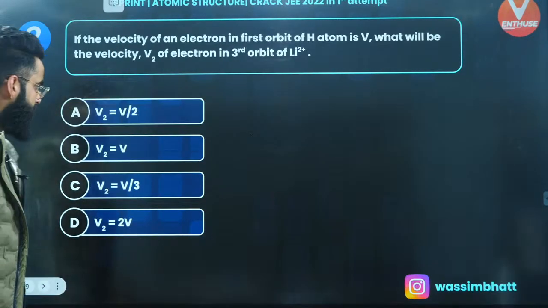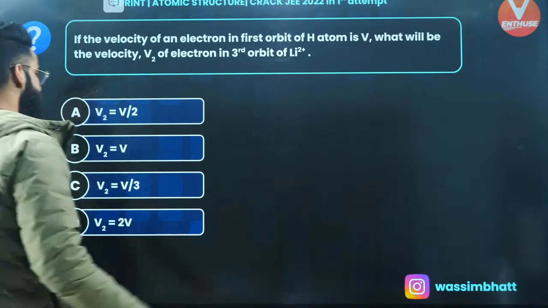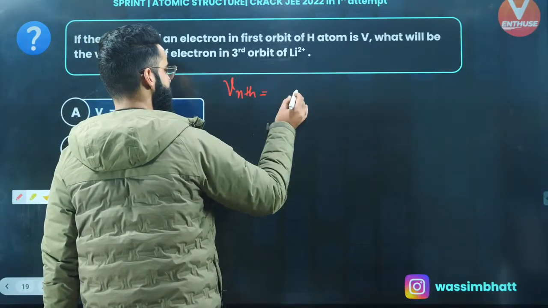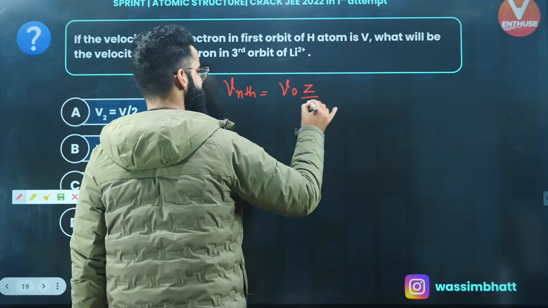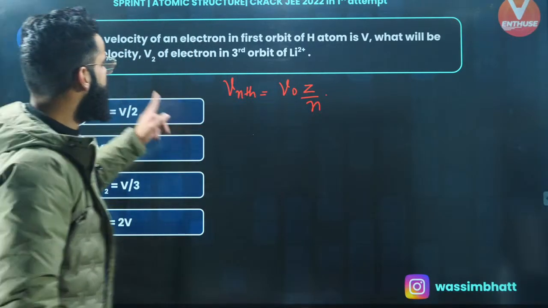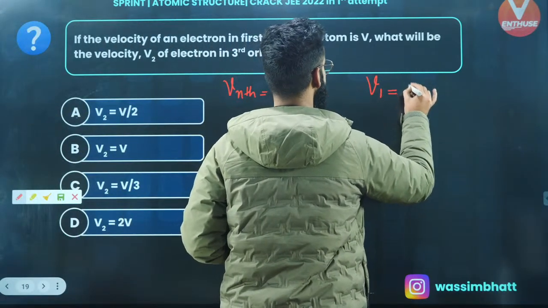Moving on to one more particular question. Look at this. Again, a simple one, based on the velocity. Velocity of the electron is given by the formula: velocity of the electron in the nth orbit is equal to V0 multiplied by Z upon N, as you all must be knowing, right? If the velocity of the electron in the first orbit of hydrogen is V,